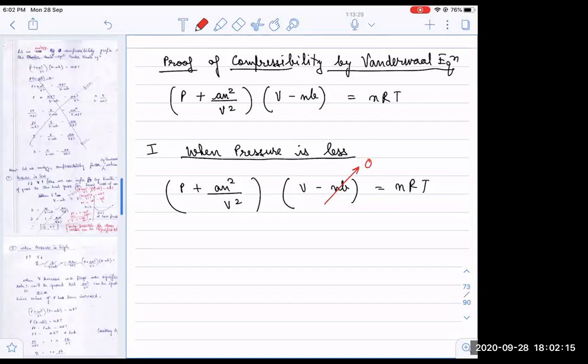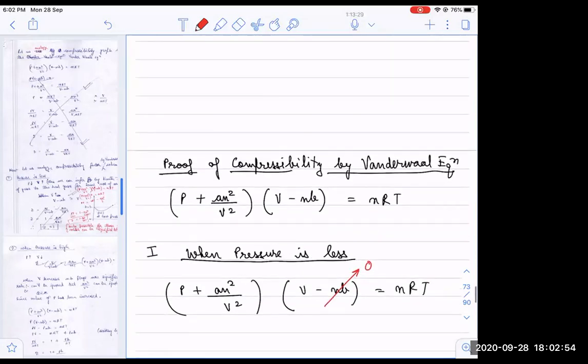See, when you are neglecting something, then it should be either in plus or minus, not in multiplication or division. In all these derivations, when you are neglecting something, you will notice that it is always either in addition or subtraction. Suppose an square is equal to 1 and V square is equal to 1 crore. Then 1 by 1 crore is 0.00000000001. That is almost 0.